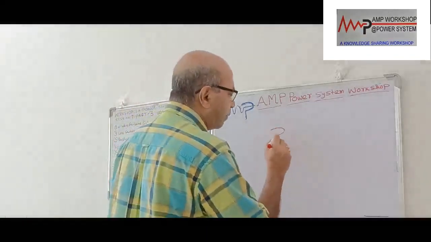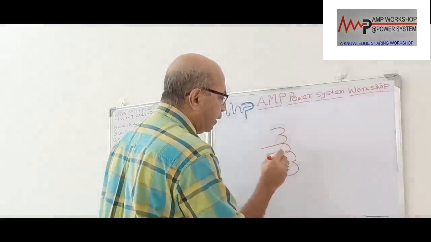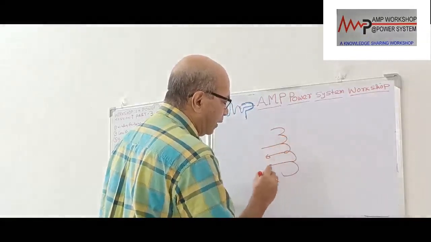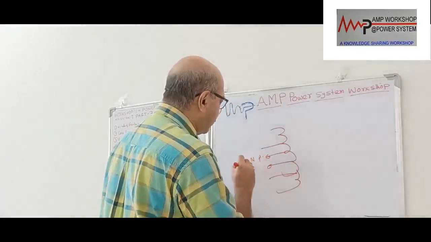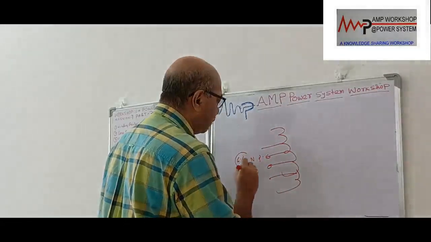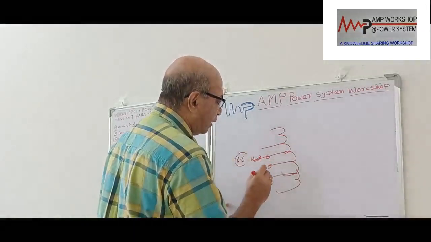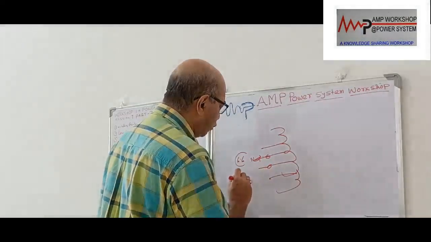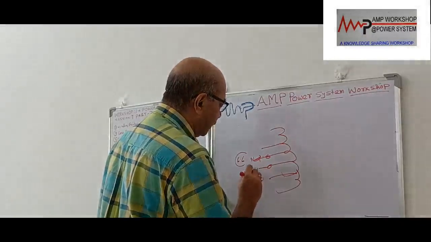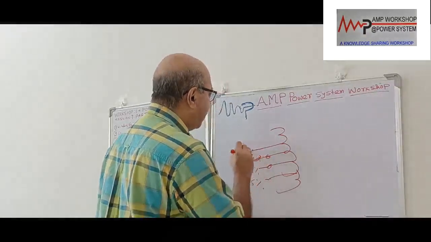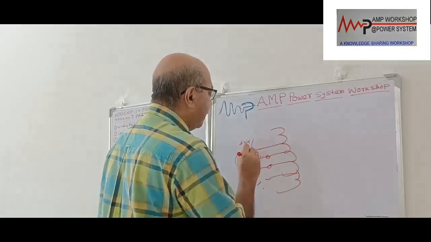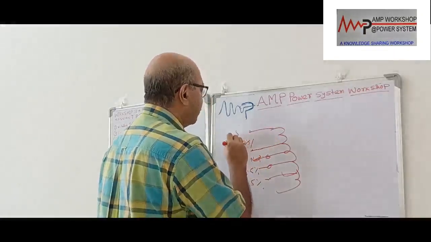If this is a transformer winding, what we do is we take a principal tap, and then we put a tap like this. This is the principal tap, this is the normal voltage. Suppose it is 6.6 kV, so it will give 6.6 kV on this tap. Then we put a minus 2.5%, and then this tap will be minus 5%. Similarly here will be plus 2.5%, and then another tap will be plus 5%.